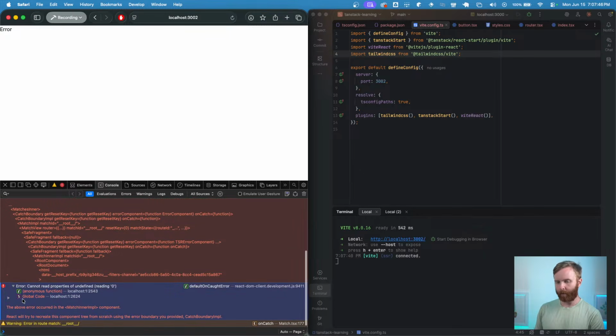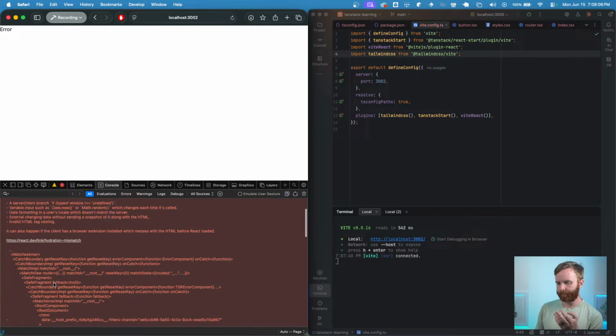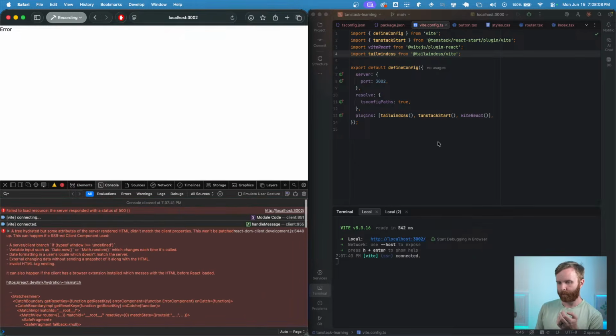error, read, properties. And yes, I'm trying to figure this out on my own. I don't need no Claude to do this. Type of error occurred in the match inner implementation component. React will try to recreate this component tree from scratch using the error boundary you provided, which is error, which is not actually a helpful error. So